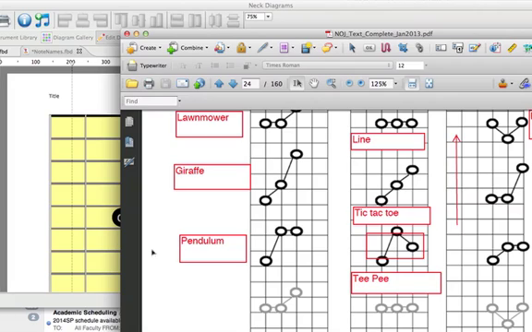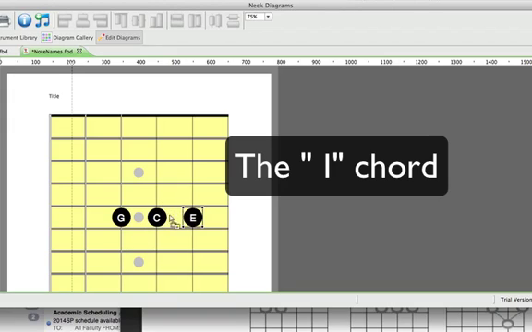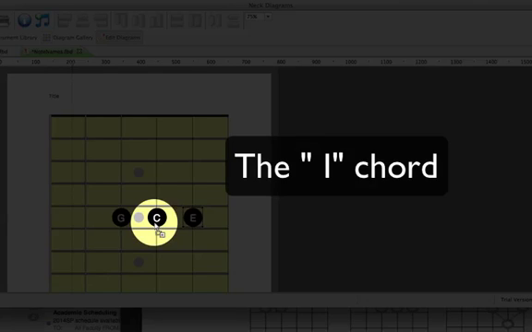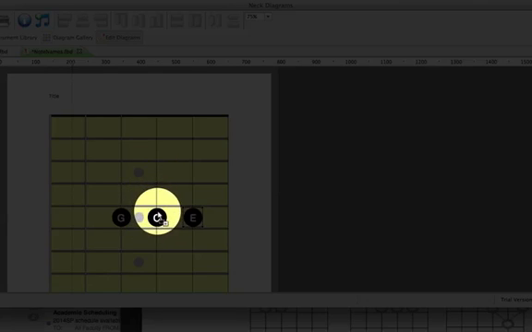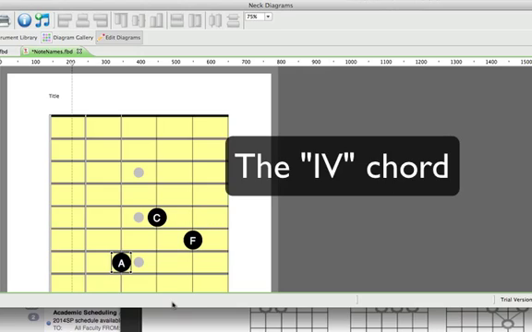So this will be the 4 chord. Here we are, and again the common tone is going to be the root of the 1 chord. So that's our common tone, and then we create the shape off of that. Get rid of these for a minute, and there's our 4 chord. And you go back to your 1 chord,